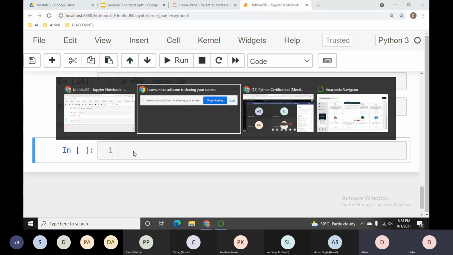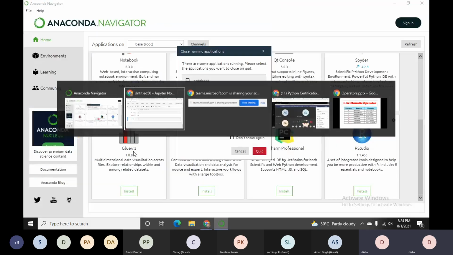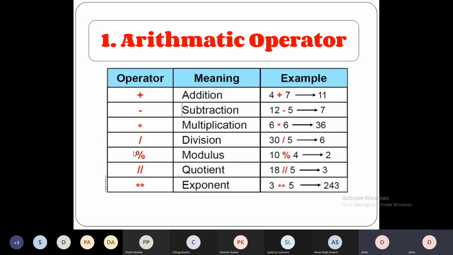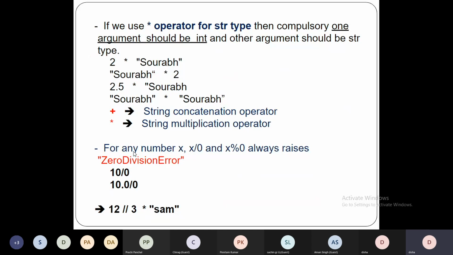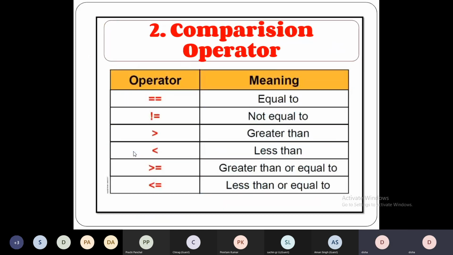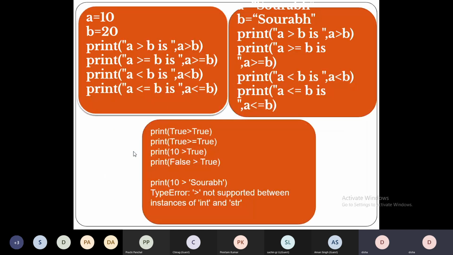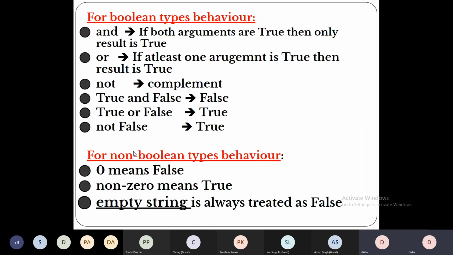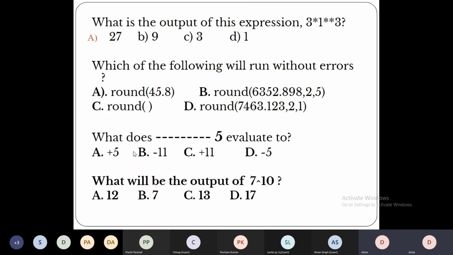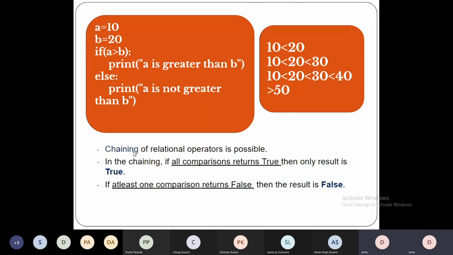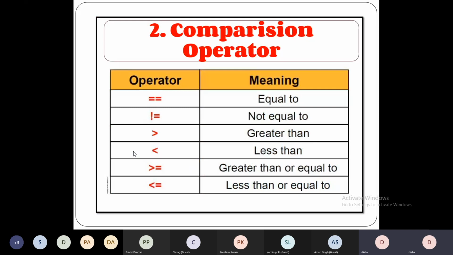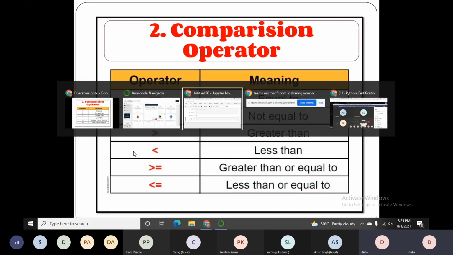So how it will operate. Arithmetic operators were done before and now we are moving towards, okay, I think the concatenation operator, we are clear with that, so no need to repeat. Yeah, comparison operator, I'm coming to that. We were on assignment. Okay, assignment is done. Fine, let us continue on the comparison operator.